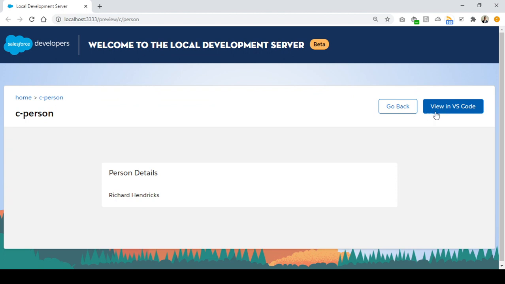Now I'm going to add a new button, and that button will be an action to this particular card. Like you can see, here is our outer card which has two actions, right? This is the default card developed by the local development server, and in our card we'll have one action button as well.